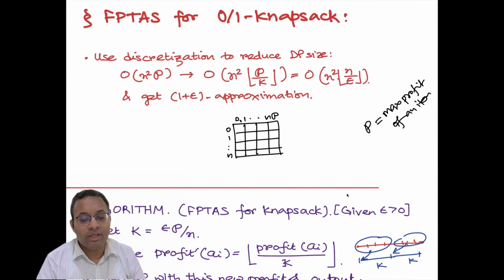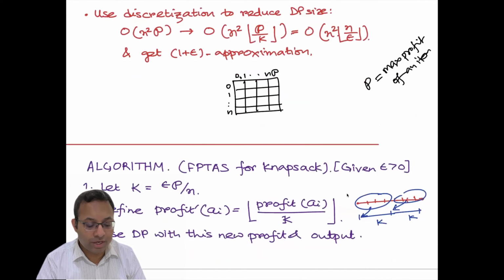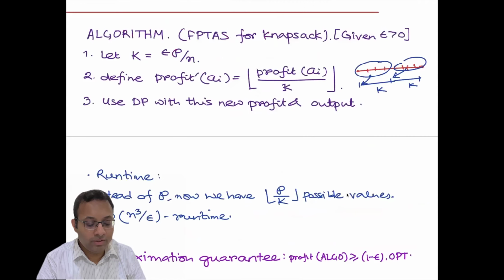How this discretized DP can actually give you a solution which is close to the optimal solution. So first, let's go over the algorithm once more. We are choosing k to be this value, epsilon times p by n. And then we define the profit of an item, profit prime, as a new function from the previous profit, profit i by k, the bucketing,